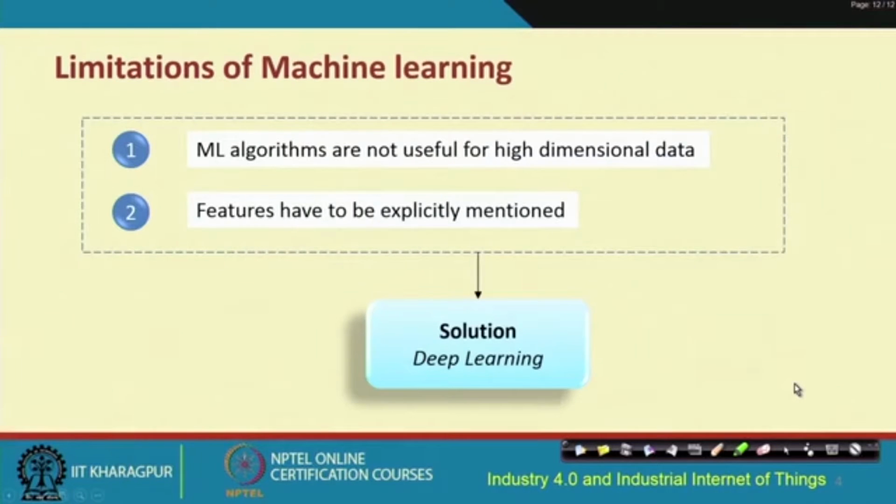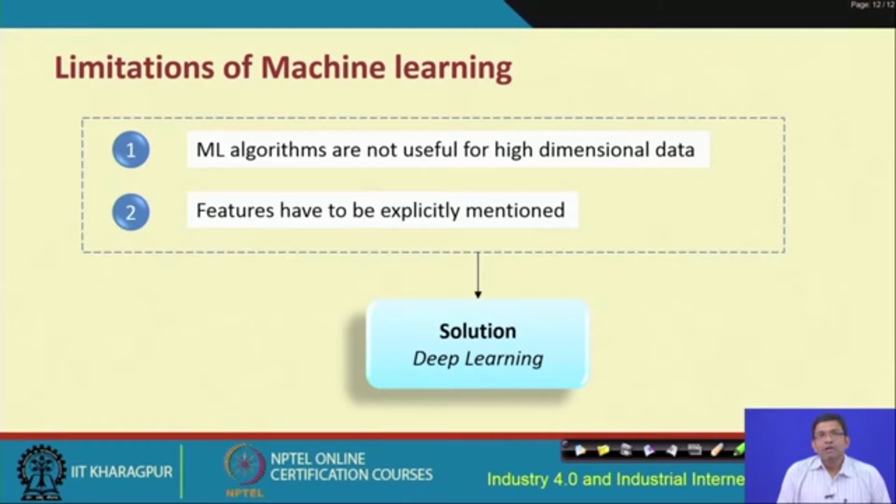So, we have understood the benefits of machine learning, but machine learning has its own limitations. Machine learning algorithms are not useful for high dimensional data. In clustering I have shown you x and y, that is fine, but if you want to increase the number of dimensions, then machine learning will gradually become less useful. Features will have to be explicitly mentioned in a type of machine learning, but if you are talking about